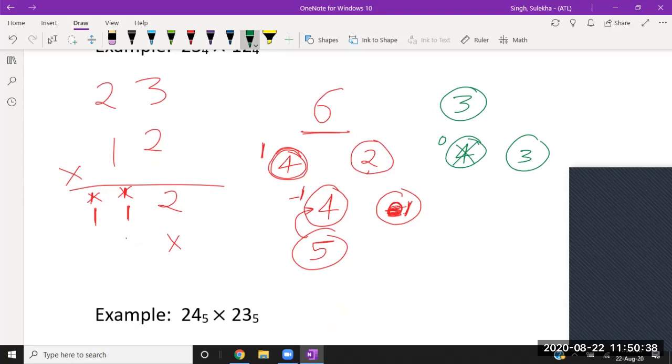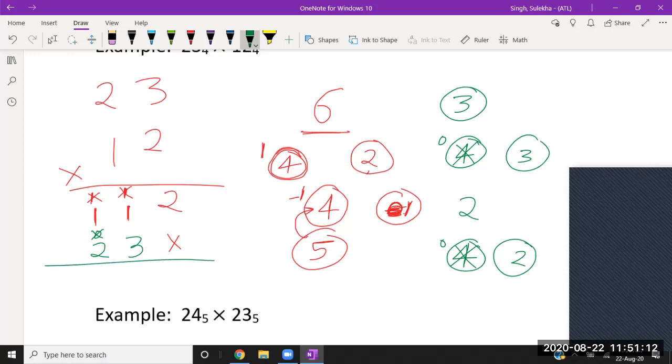My remaining number is 3, so I will write this 3. My carry is 0 for my next step. 0 means I can write it, or if I don't write this 0 also, it is okay. The next thing is, I need to multiply this 1 with 2. So I am landing with 2. The previous carry is 0, so the final number is 2, and I can't make any pair of 4. If I am not making any pair, I am landing with the number 2. So I'm writing 2 here. Since I don't have any carry, this is the end of this individual multiplication.